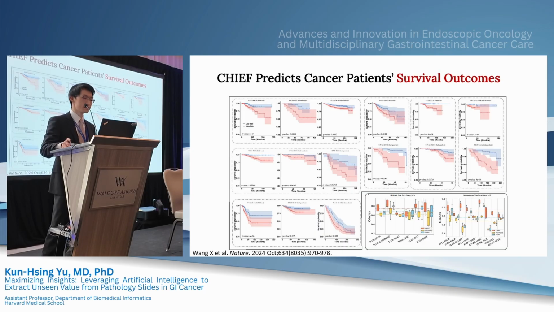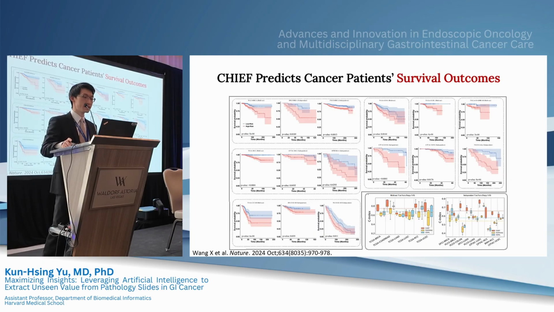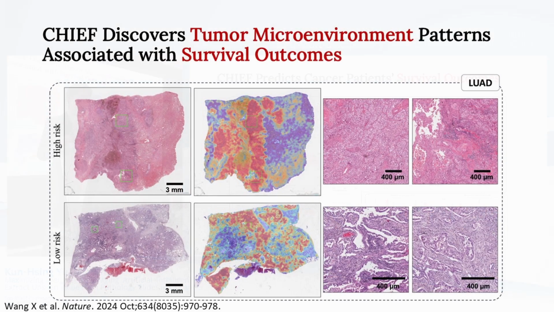And statistical analysis shows that using the sample we collected at the time of diagnosis, we digitize them, pipe them into this AI method, and we are able to predict their overall survival outcomes after the standard treatment. And here we will also be interested in learning what are the tumor microenvironment our AI system utilize in making such prediction. So here as an example, when we are looking at this pan-cancer analysis, we stratified it by cancer